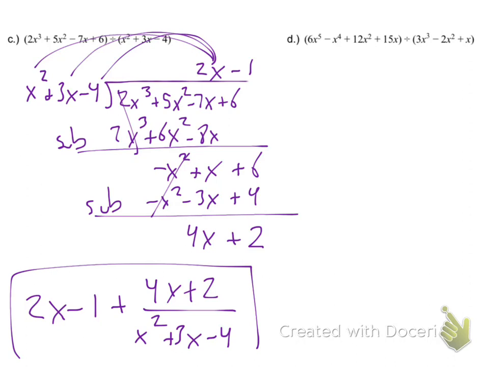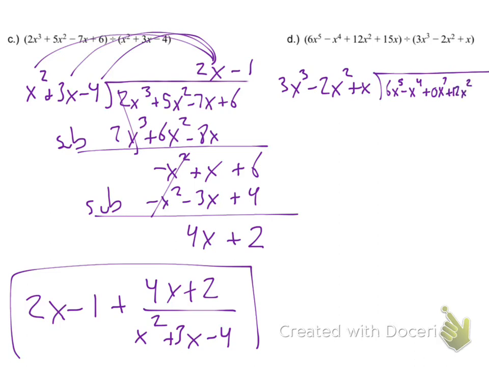Now, the next one we're not going to actually do. We're going to set it up though. Because do you notice that that big long polynomial needs placeholders? What's missing? An x cubed. I'm probably going to run out of room here. 6x to the 5th minus x to the 4th plus, oh wait, I don't have x cubed. 0x cubed